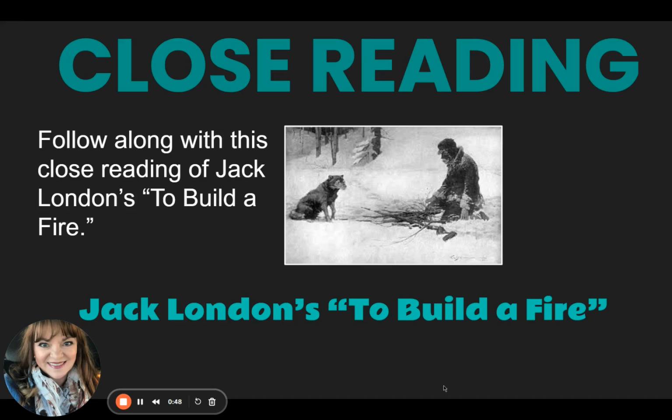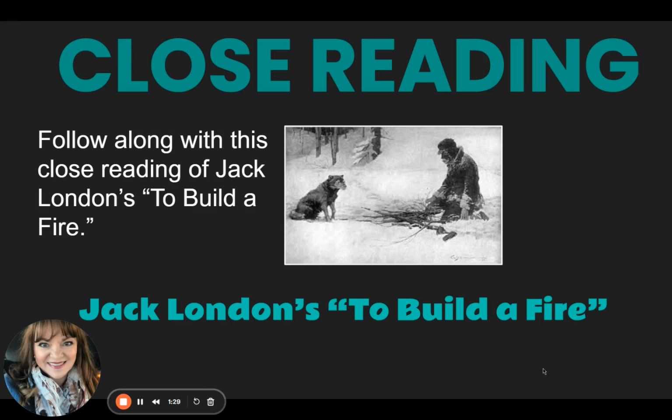So the first time you read through a story or a poem or a piece of nonfiction, whatever it is, you're reading just to get an idea of everything, right? But analysis is a closer look. It's taking a magnifying glass to what you're reading, metaphorically, and getting a really closer look. Maybe you're doing some annotations, but you're really getting more in depth with what this story has to offer. And being that this is a classic, you can be assured that there are many, many gems in this story.